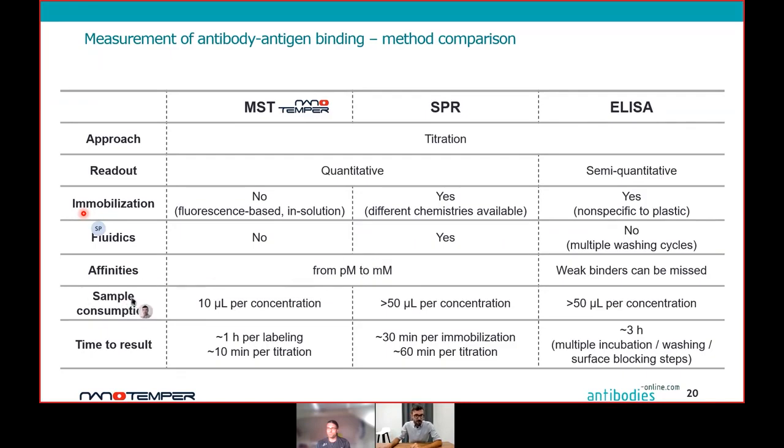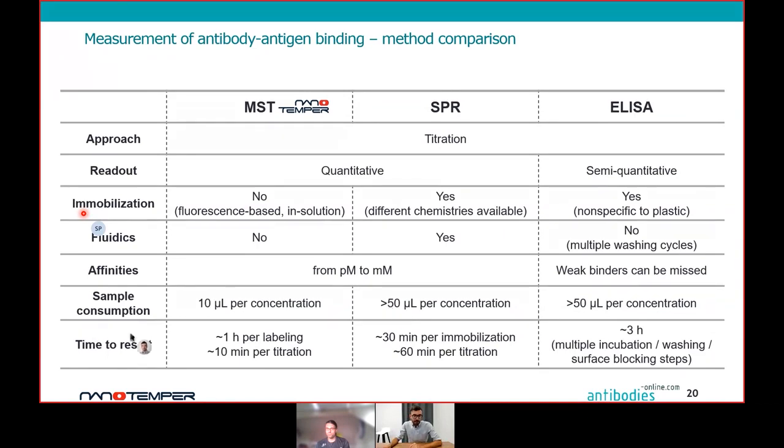Regarding sample consumption, that's a point that I personally found very beneficial. When I did these measurements, I only needed about 10 microliters per concentration. And especially if you have these different spike variants, the S protein variants, you don't have a lot of volume, a lot of sample to work with. You have to be able to work with a few micrograms, especially if you want to test a lot of different antibodies. That comes in really handy if you only need a small volume instead of, for example, a factor of 5 higher volume. It means you can do 5 more different antibodies than with some other technique.